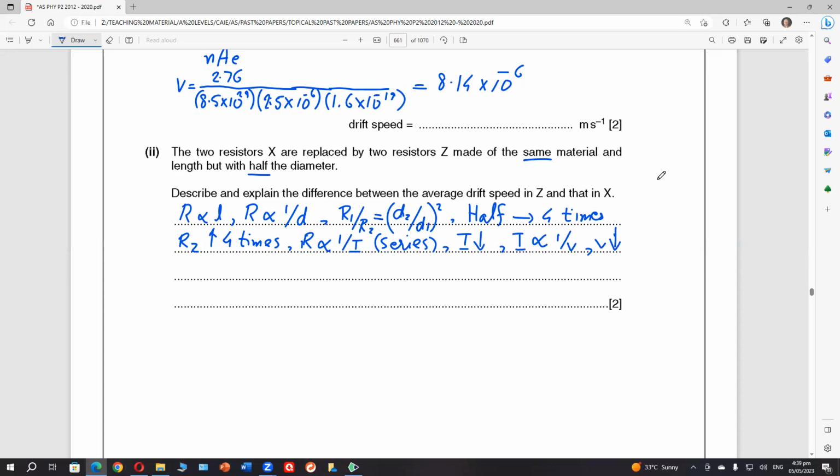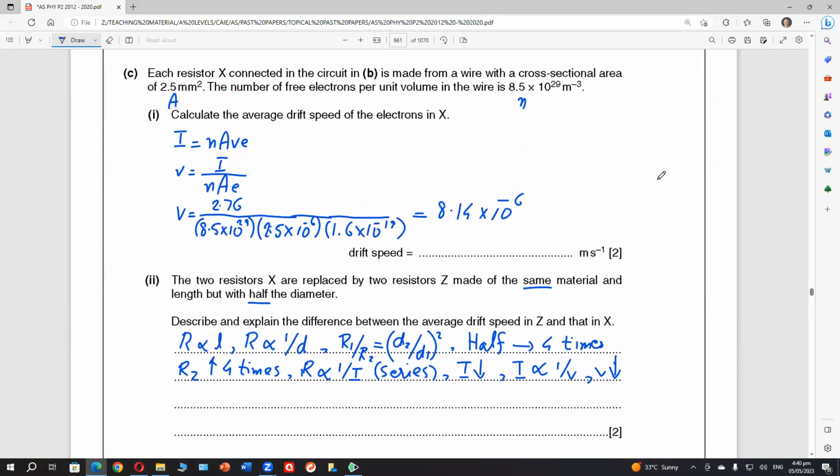You can see the whole concept sequence and you can ask if you have any confusion. It's a long explanation actually. So the I is proportional to the drift velocity. You can see from this formula, no? You can see V and